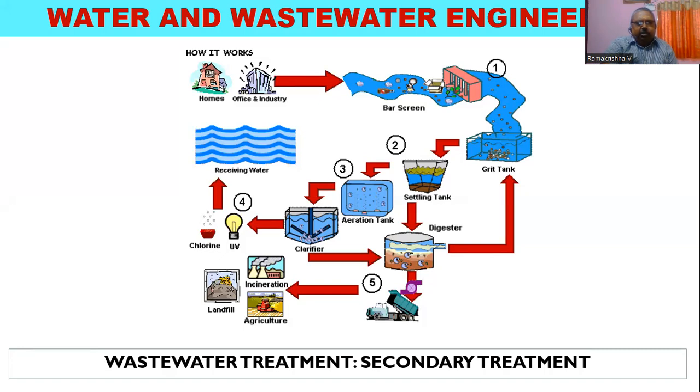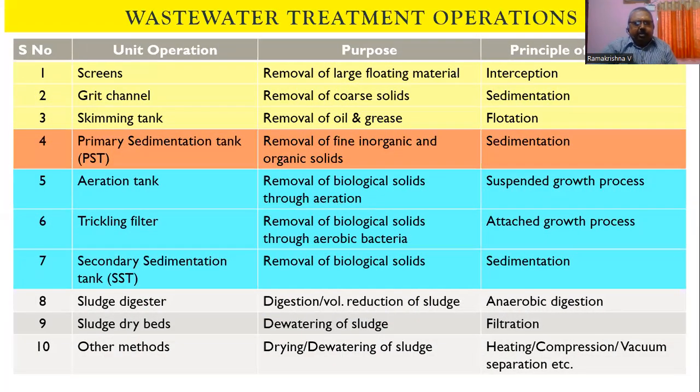The major portion of the treatment that is aimed at in the secondary treatment system is the biological solids. The biological solids are mainly decomposed by the bacteria, and hence we will go with the biological treatment systems in the secondary treatment of the wastewater, under which we